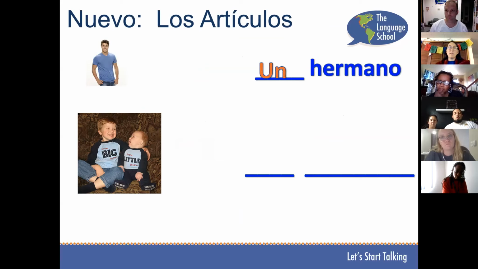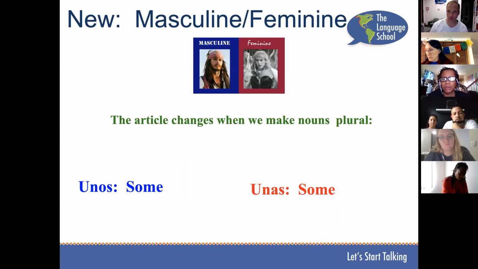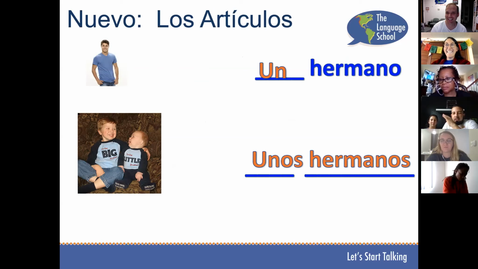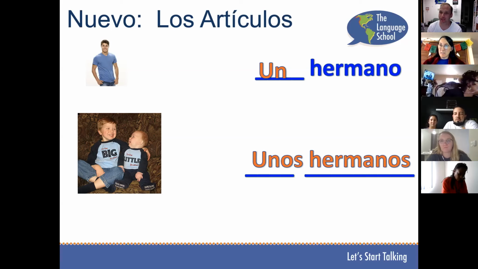So we need to change the un into the plural form, right? So it'd be unos hermanos. Because I'm translating into English, I guess. You're thinking of uno, but unos is not uno, right? So unos literally means some. I'm trying to get out of my American brain, and to me that says like one's hermano. Oh, I got it. So if it helps you to think about unos as meaning some, unos or unas means some. Okay.